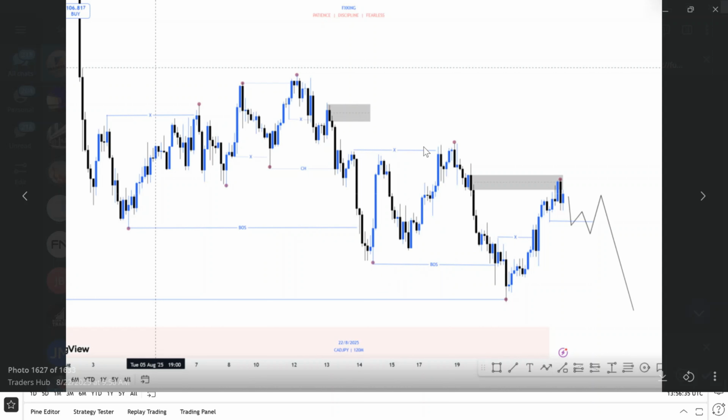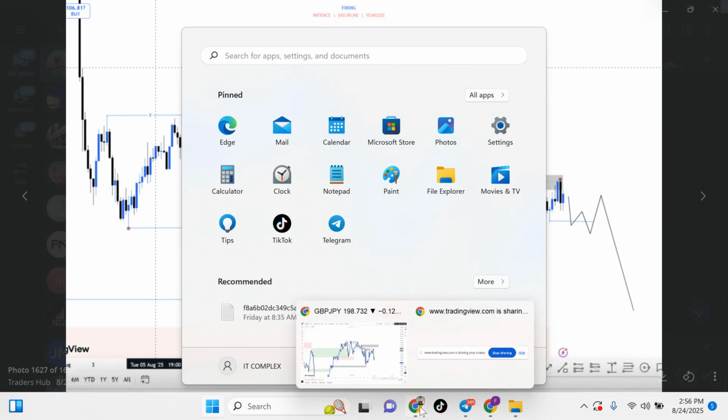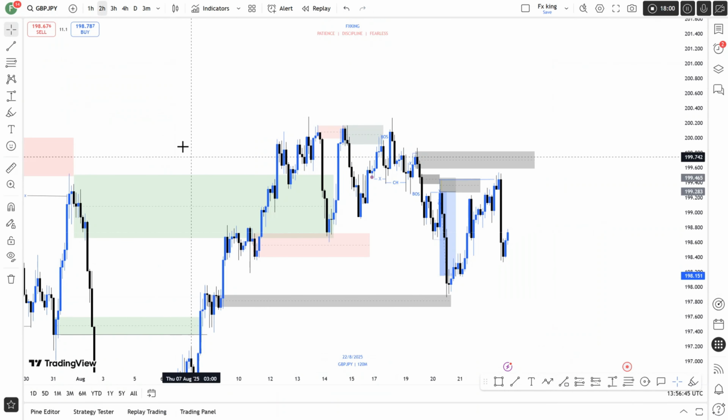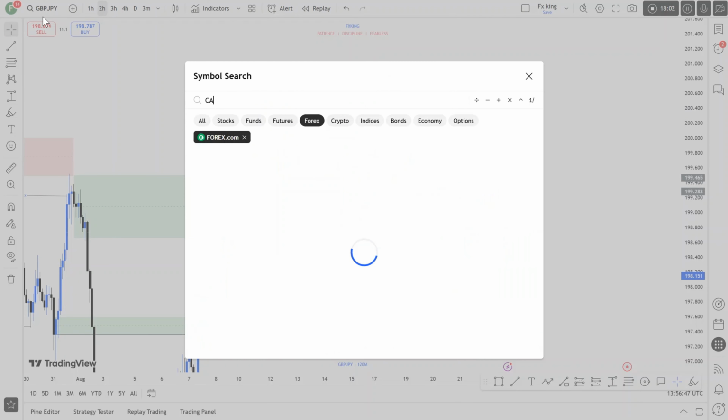We had this minor inducement here. The market went up, took out that minor inducement. Then when it was coming back up here, it took out this one and then tapped into this point of interest. So going over to the chart, let's type in CAD JPY,